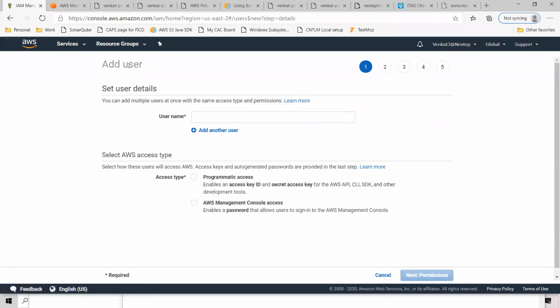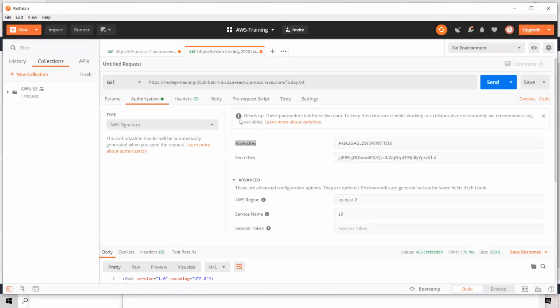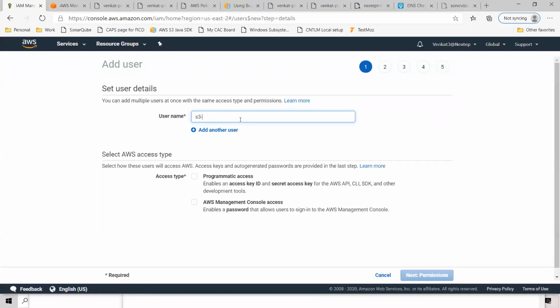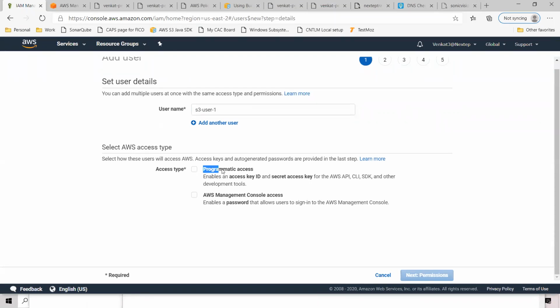I'm going to add a user, some user like S3 user 1. Okay. And then see this one here. Do you want to allow programmatic access? What kind of user is this one?